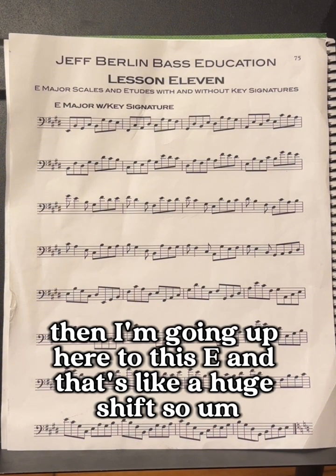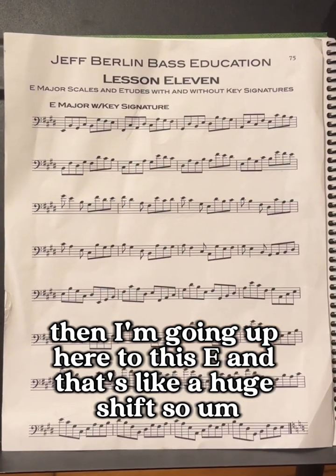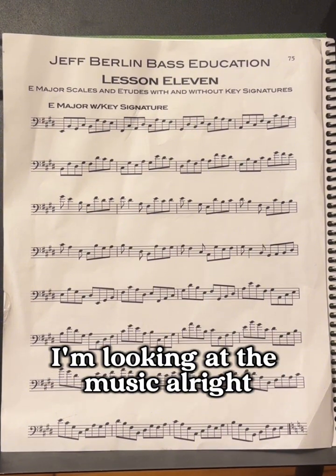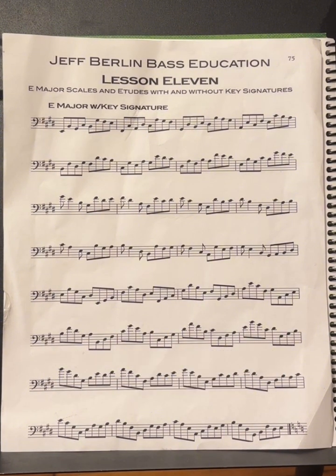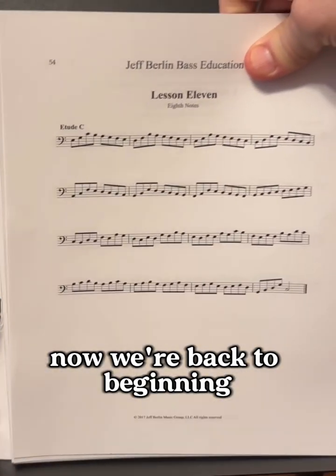And then I'm going up here to this E, and that's like a huge shift. So I'm working on not looking at my bass while I'm playing. I'm looking at the music, all right? So I'm going to just go here. Now we're back to the beginning